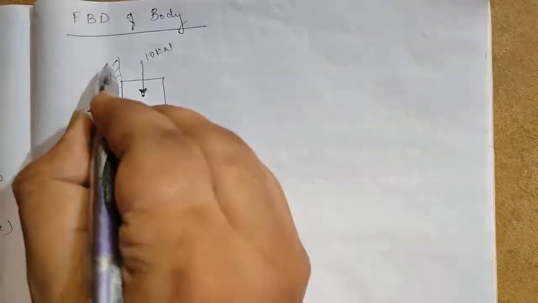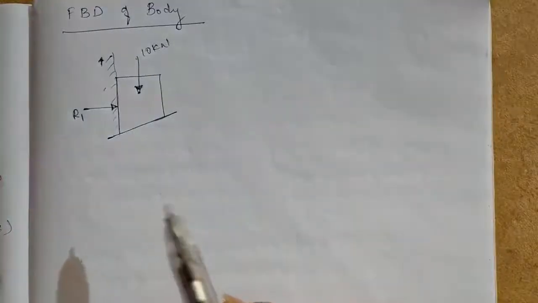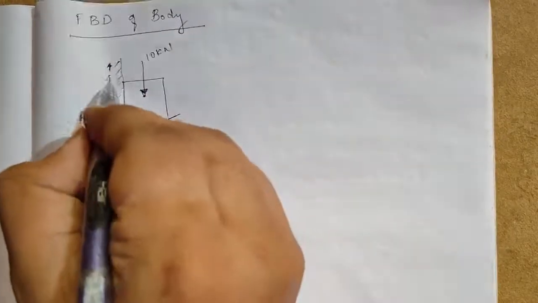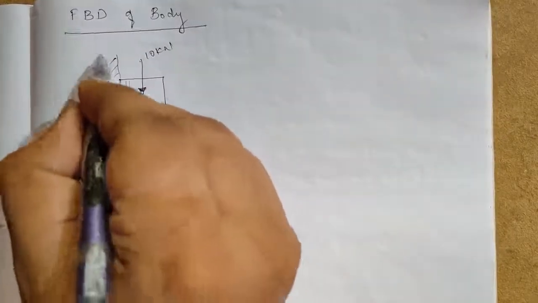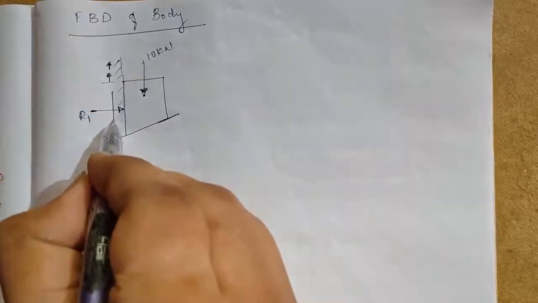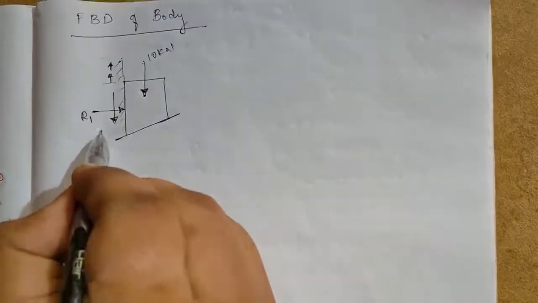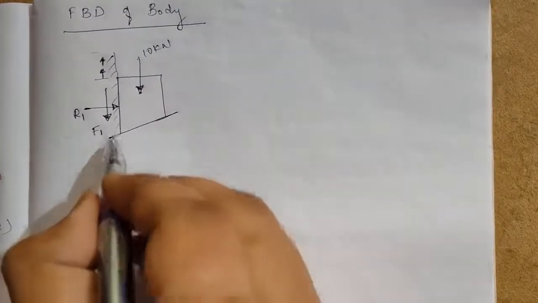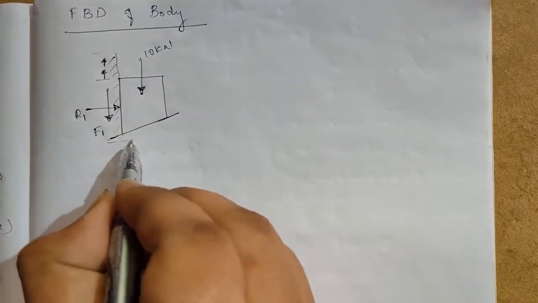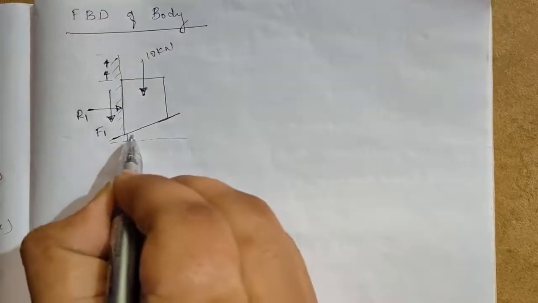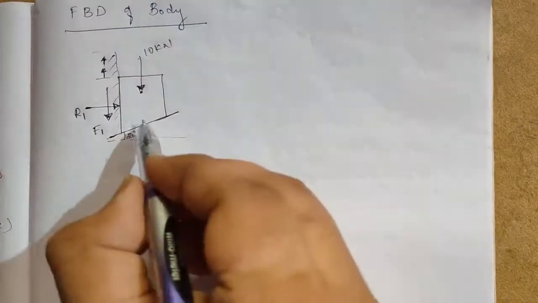Now as the body is moving up, we need to find a force which raises the body, right? So the body is rising up, this is the motion, so what will be the friction? So this will be F1, that is opposite to the motion trend. Now this will be of 20 degree, right? So the inclination is 20 degree.